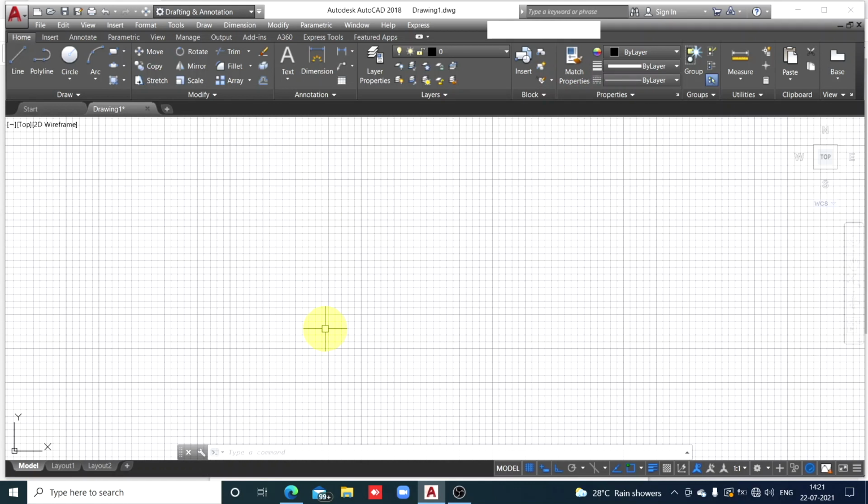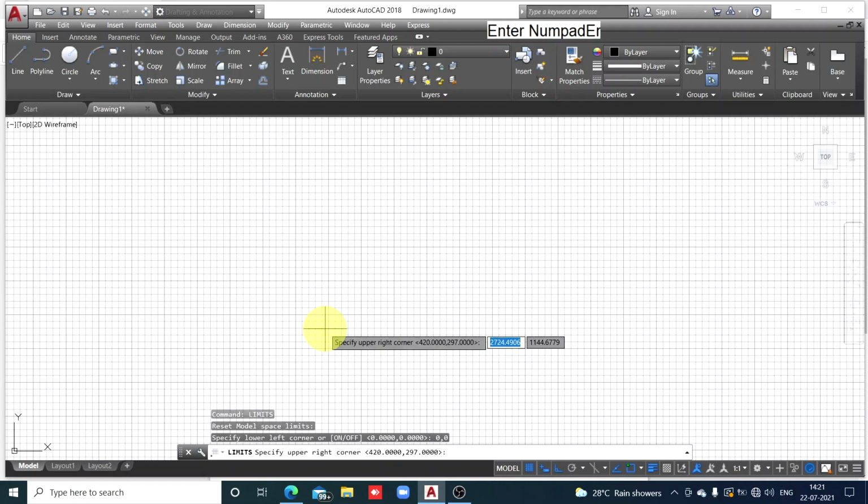So type limit, enter, lower end 0, 0, enter, and upper right corner I'll type 200, 200. Of course, will not get exact square face here because it is wide screen, but in proportion to that you will get the space on paper.